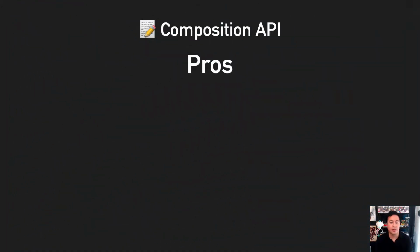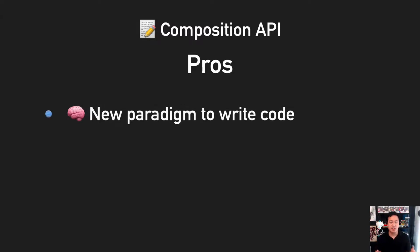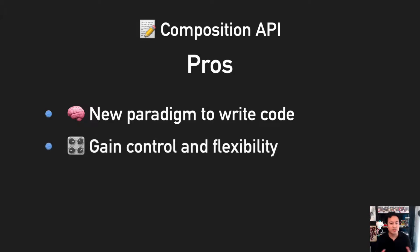So when it comes to the pros of the composition API, there are a couple things to keep in mind. As we can see, the composition API really is a sort of a new paradigm for writing code. Because with the options API, we have these predefined structures as far as data goes here, computed goes here, methods go here. You'll see that the more you work with the composition API, there's basically a lot more control and freedom,